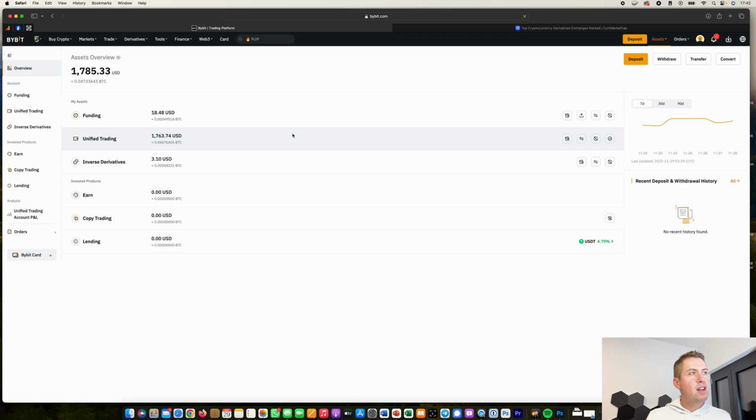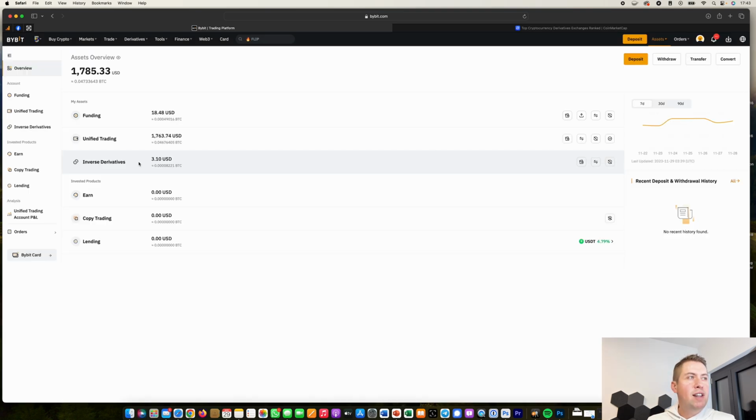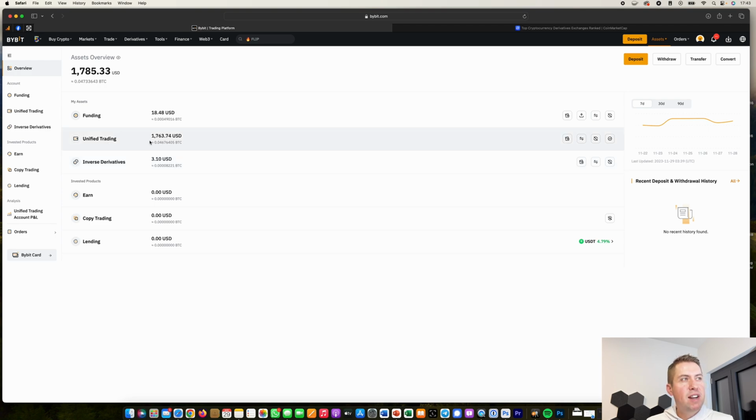Here you have to know that they have several wallets. There's a funding wallet and a trading wallet, and you can always send money from one wallet to the other, from funding to trading and so on. It's free and instant, so you don't have to wait until the money arrives. The money in your trading account is for trading. If you trade futures with high leverage, you can only use the money in your trading account and not the one in your funding account. That's kind of a safety measure, and a lot of exchanges have that.